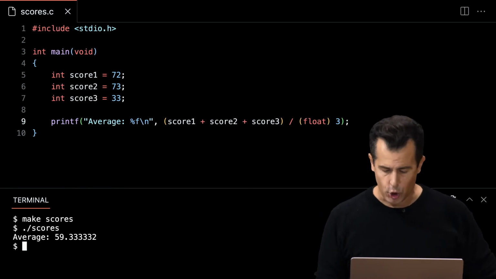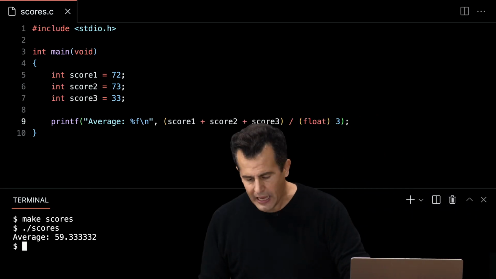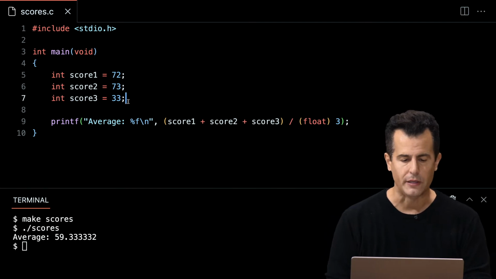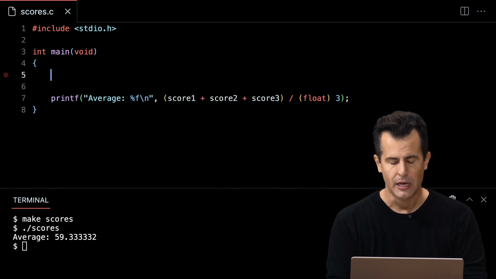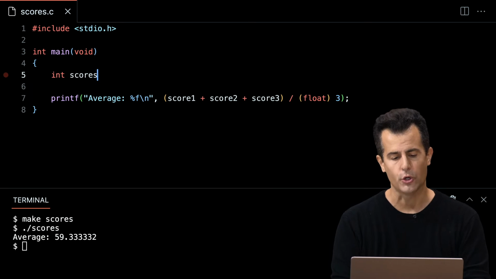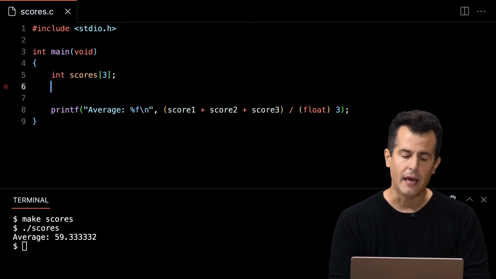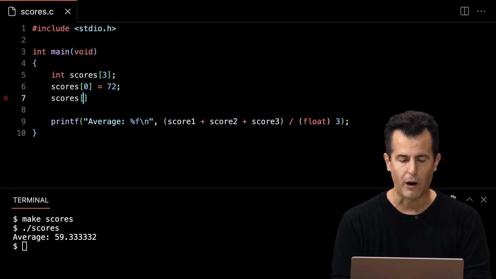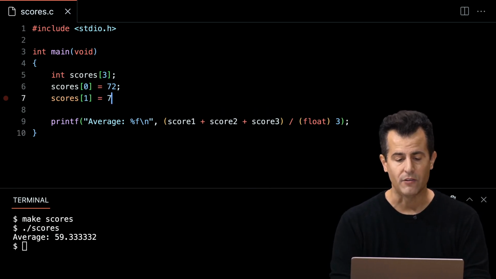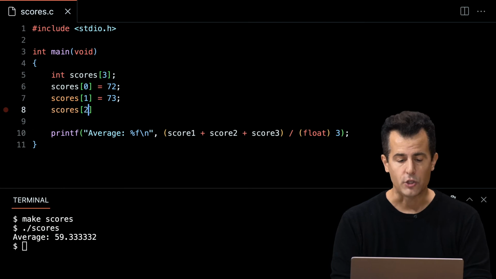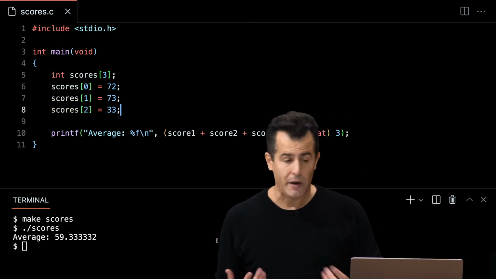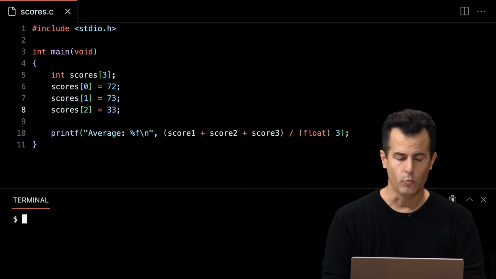So let me go back to scores.c here, and let me propose that I do this. Let me just use that same idea to do the following. Let me get rid of these 3 separate integers. Let me give myself an int scores array of size 3, and then scores bracket 0 will, as before, be 72. Scores bracket 1 will be 73. And scores bracket 2 will be 33. And let me get rid of the little dot there. All right, so now if I go ahead and run this again with make